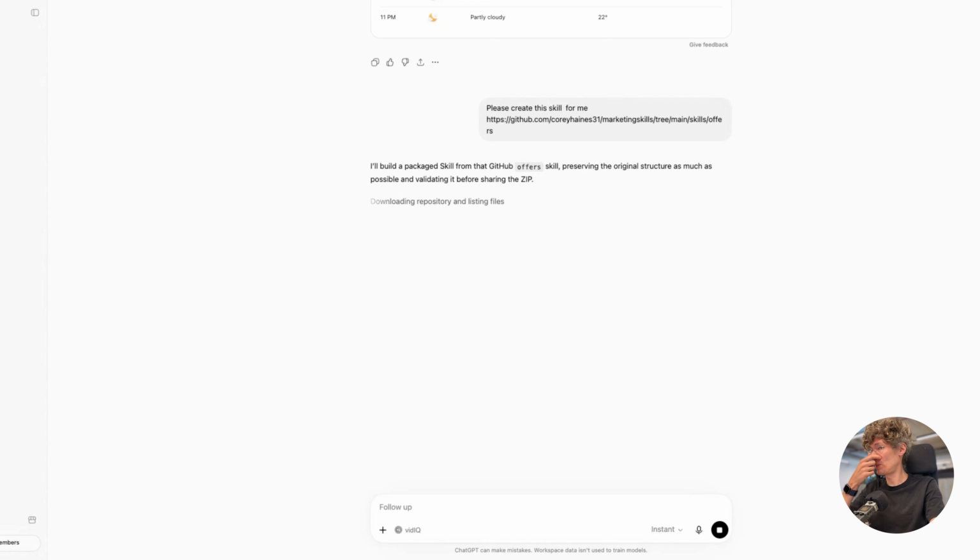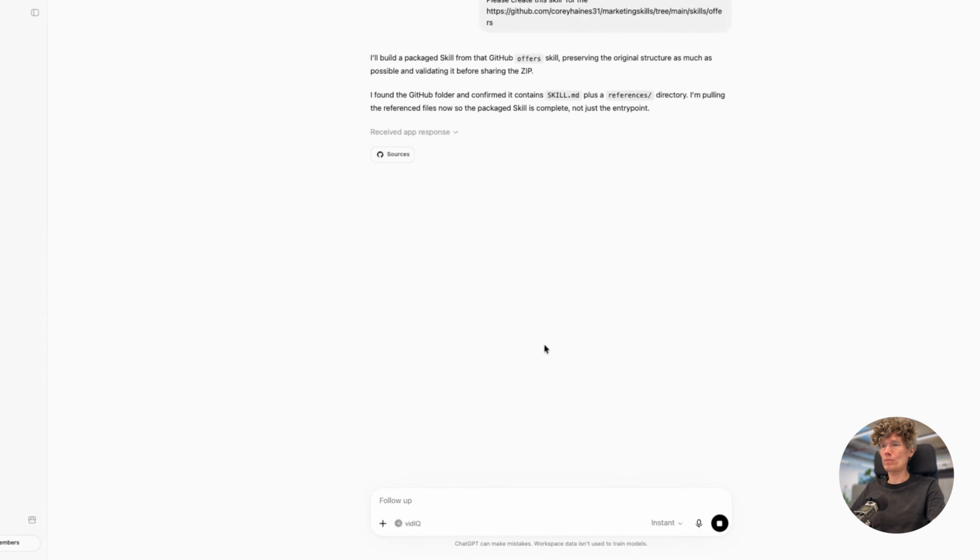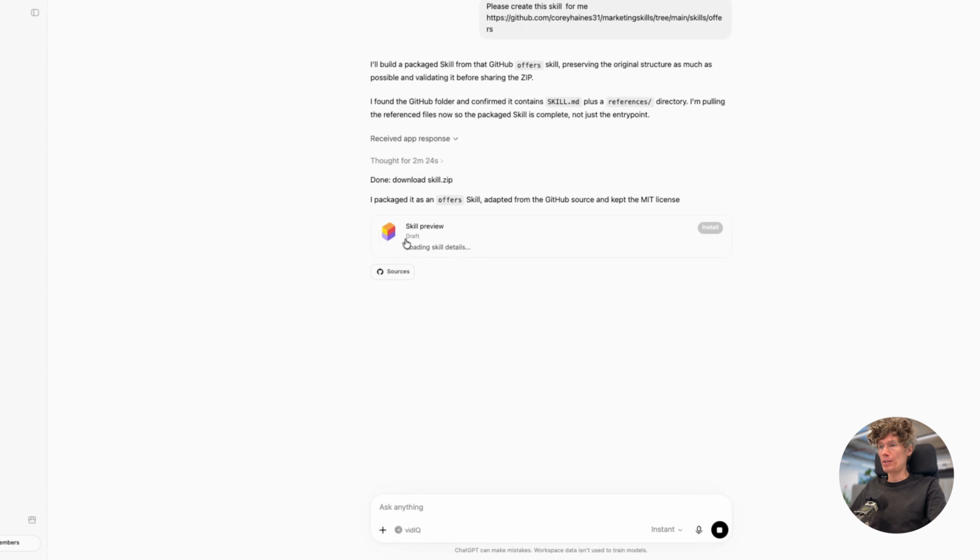Super easy, because you can see it downloads this skill and copies and pastes it to your account. And it's done. Next, loading skill details. Yep, offers, and you can install it. Super easy. You don't need anything.